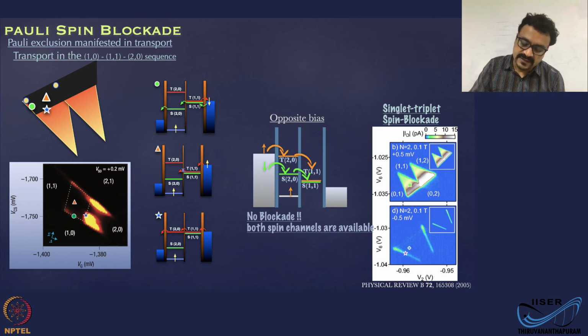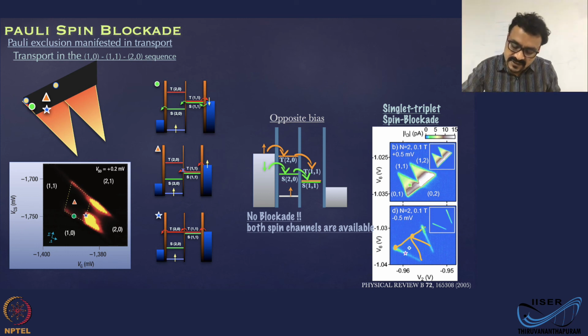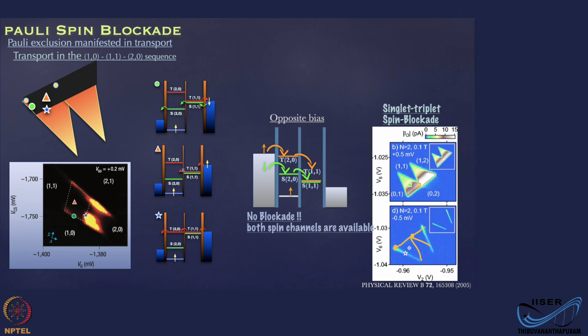And this is the spin blockade in the forward bias regime. Whether it's forward or reverse depends upon how the dots are configured. But in one direction you get no current inside the triangular region. The triangular region should look something like this, okay, and you have the triple points, okay, that's how it's supposed to look, okay. In the opposite bias, you have the full triangle available, okay.